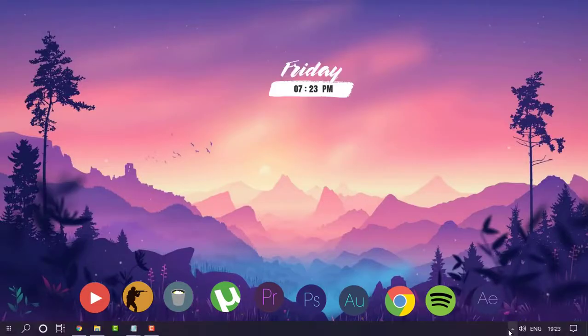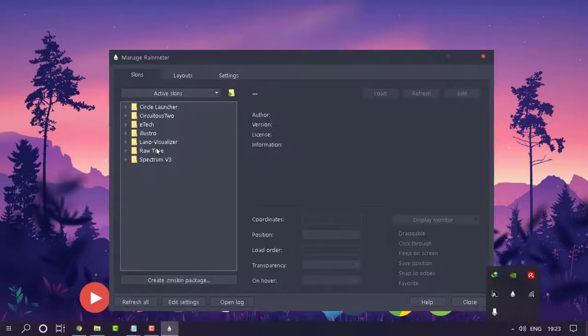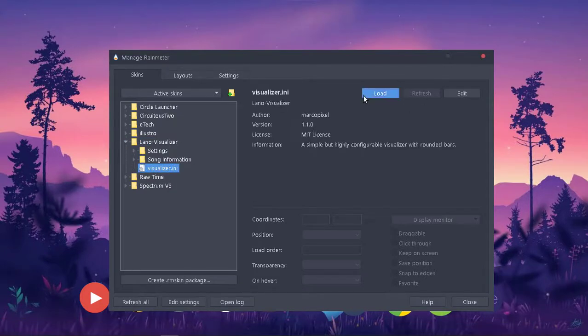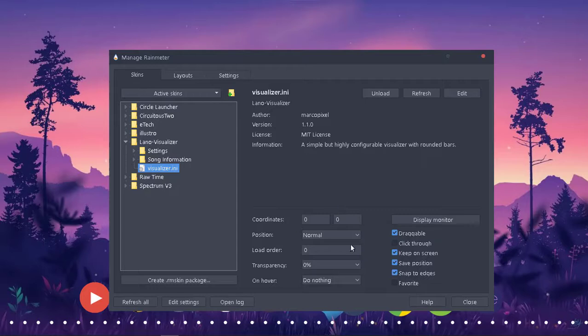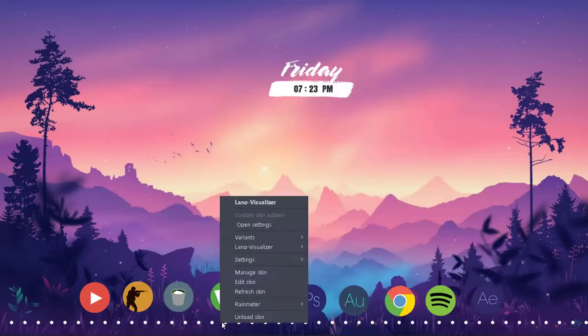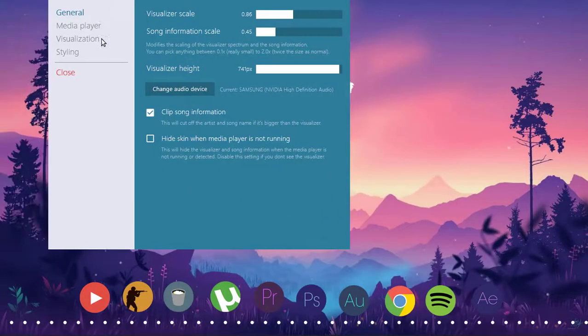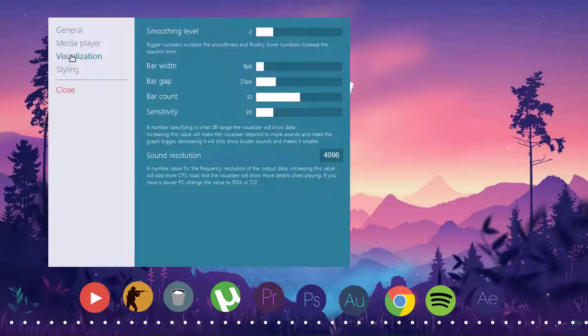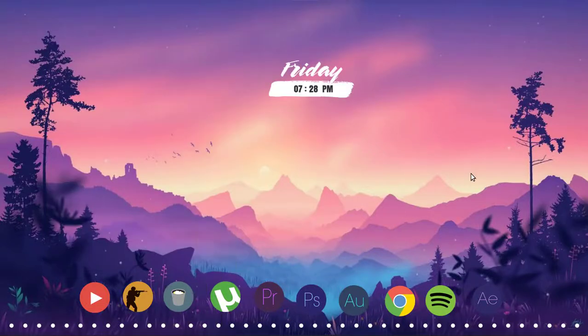Okay, now once you're done with that, you can go ahead and set up the Rainmeter visualizer. So this is one of those good visualizers that adds that visualizing effect on the music you play. So you can simply set up this too, and you can customize a lot. You can customize every aspect of this launcher, and once you're done with setting up all this, you're good to go with the minimal theme.